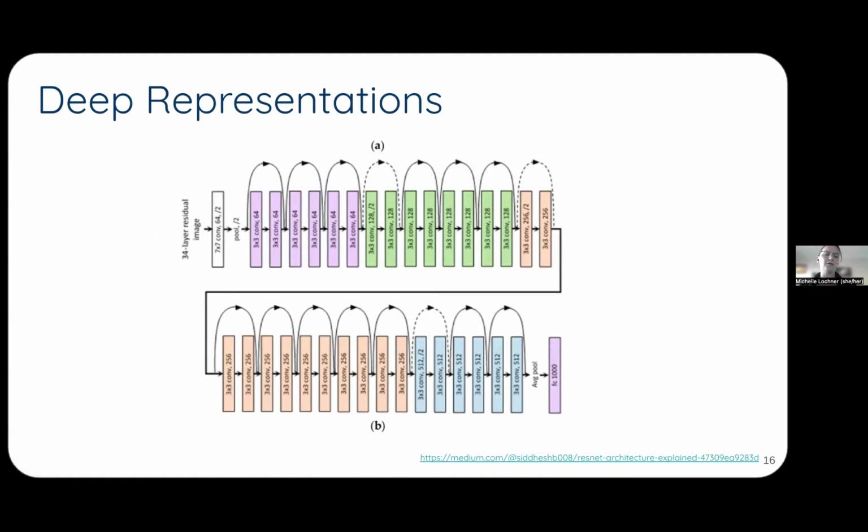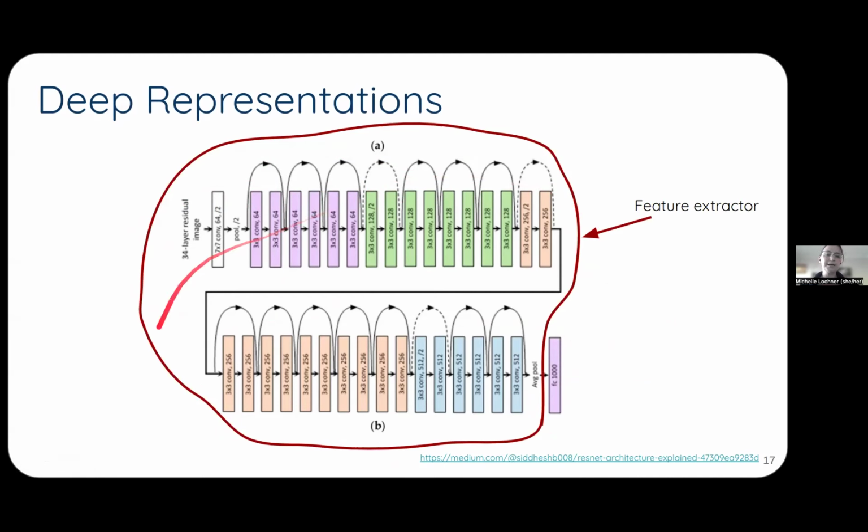It's incredibly powerful. But what people don't realize when they look at something like this, which is a ResNet architecture classifier, a convolutional neural network, is that it looks very complicated. There's all these layers. Your image goes in here and it does all these computations, and then out comes a classification. Yes, this is a house or a cat. But what most people don't realize is that 99% of it is the feature extractor. That's what it's actually training to do. It's training to figure out how to simplify images down to meaningful features